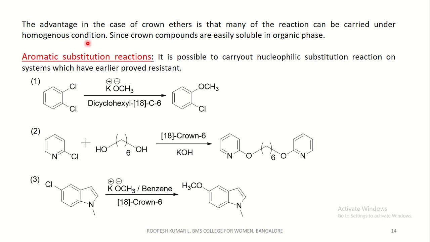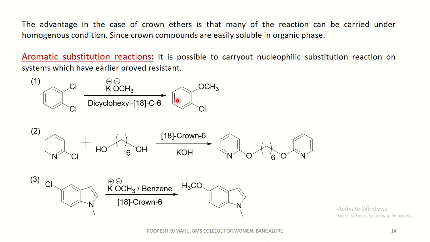The advantage in the case of crown ethers is that many of the reactions can be carried out under homogeneous conditions since crown compounds are easily soluble in the organic phase. The first synthetic application is in aromatic substitution reactions. It is possible to carry out nucleophilic substitution reactions on systems which have earlier proved difficult. Coming to the first one, this dichlorobenzene undergoes substitution with methoxide ion to give